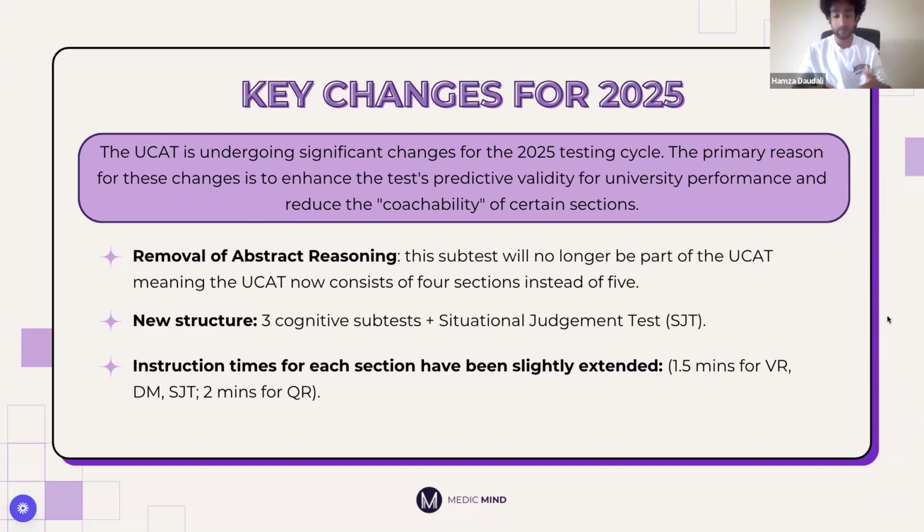And that means that the timing, so the test is still 2 hours long, but what's happened is the timing has been adjusted. So we've got a little bit of extra time for some of the earlier sections. So 1.5 minutes for verbal reasoning, decision making and the SJT have been added on, and 2 minutes for quantitative reasoning. Again, that gives you a little bit extra time to work with, but it still means that the UCAT is a tough exam in terms of time management,